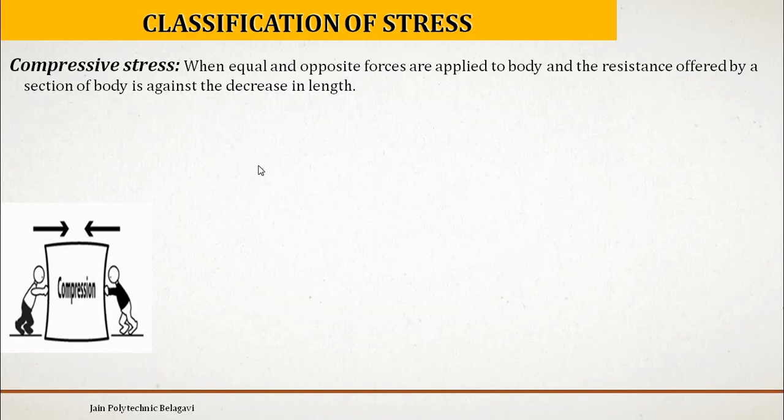Just as in the previous slide, you can observe stress is given by load by area. So P by A, right? This P is nothing but the compressive load here, divided by area. So what is the area? The cross-sectional area is not seen here, but the surface which is having the load from both sides is taken as the area. So compressive load divided by area.